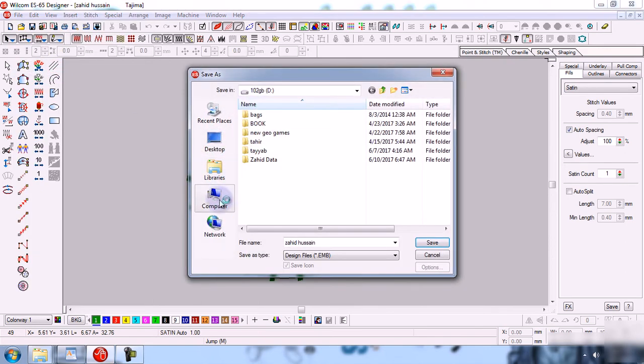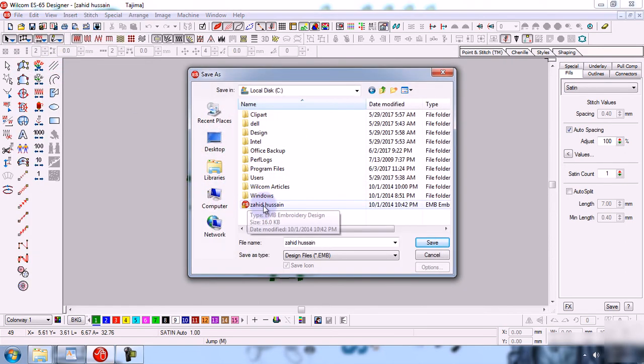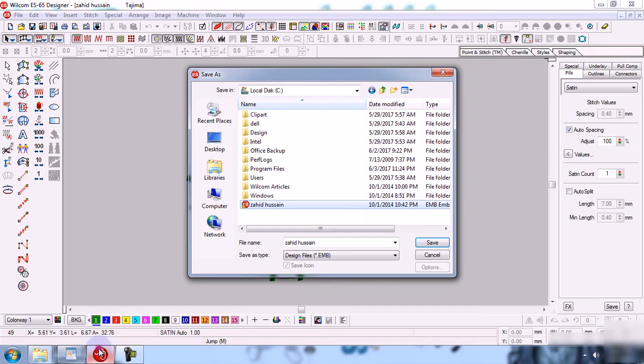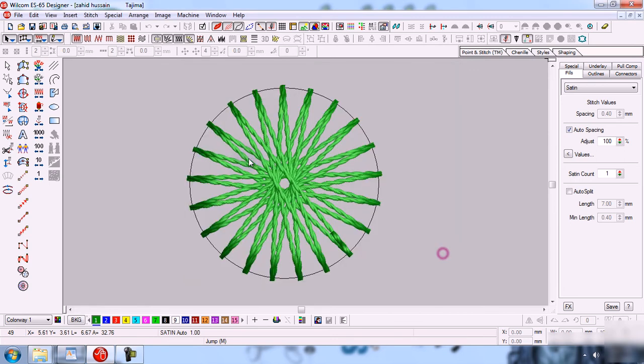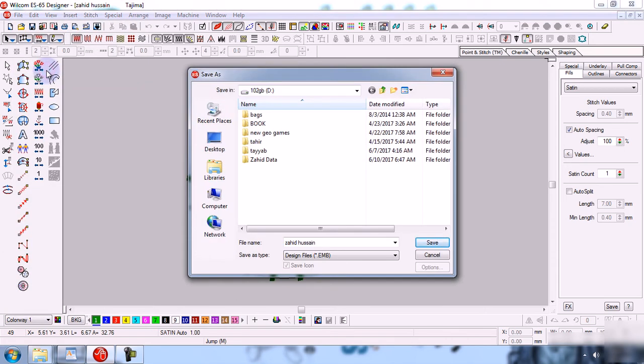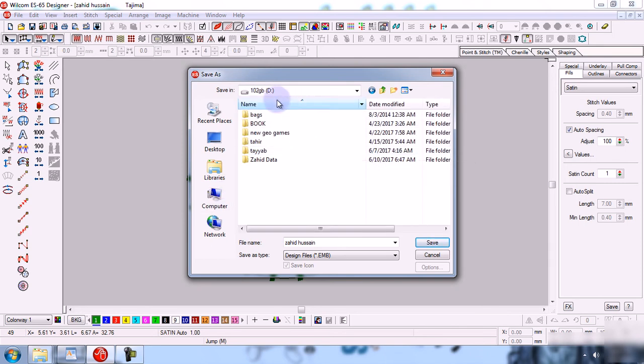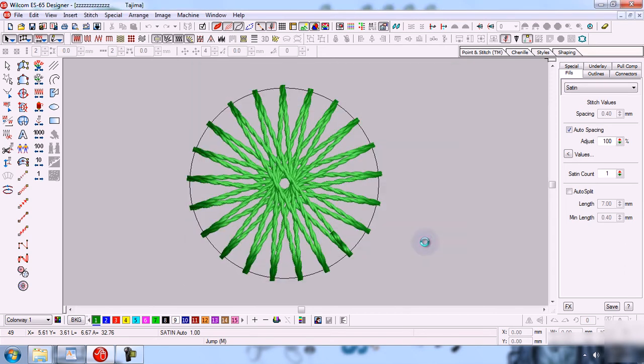If we see this design from this software, you can see that this design is present on the local disk drive, but it is not showing in My Computer, but in Welcome software it is showing, and we can use them, we can open them in Welcome software. But if there is any problem, it is not a big task. We can save this design in any other location or any other drive. For example, I save them in D drive with the name, for example, ZZZZZ, and save them.